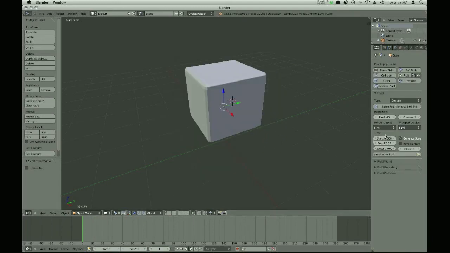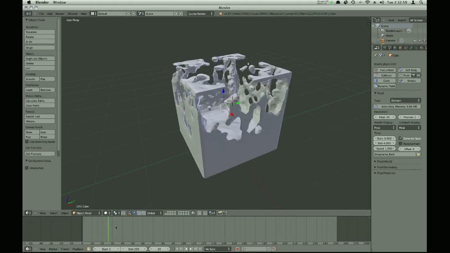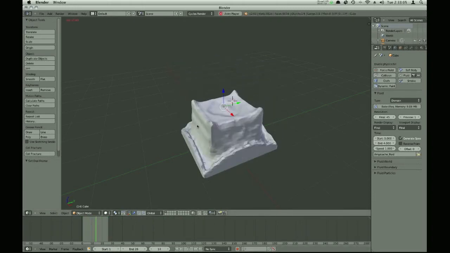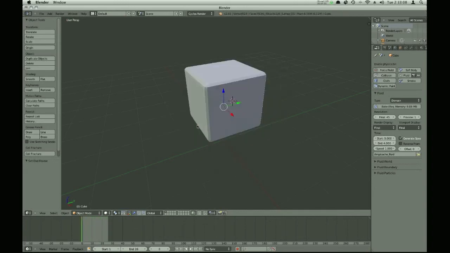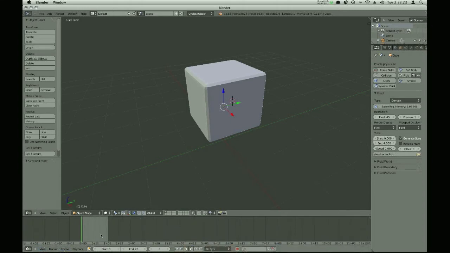The time sets the time of the entire animation. Right now, I didn't bake the entire thing; I just ended it here. If we play the animation, it moves very slowly and not very realistically. The reason is that the time is set at 4 seconds. This is in seconds, not frames. But the length of our animation, if you view seconds in the timeline, is 1 second long. So if we set this to 1 second and bake again,